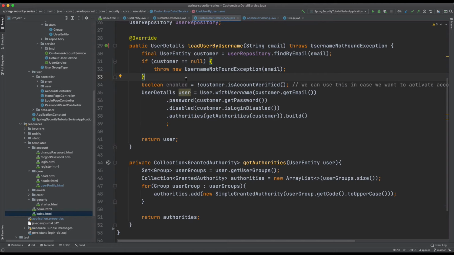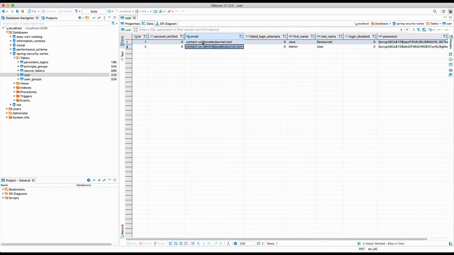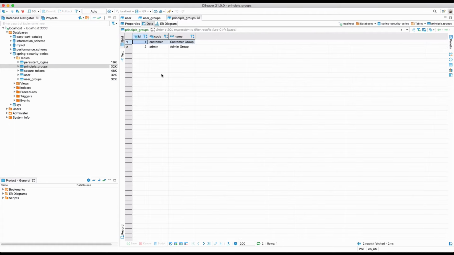Okay. So I have already created two users for us. I'm going to use those two users to see things end-to-end in action. So these are the two users I have created. Just to give you more idea, this is our group table, which contains the information about the different user groups in our application.